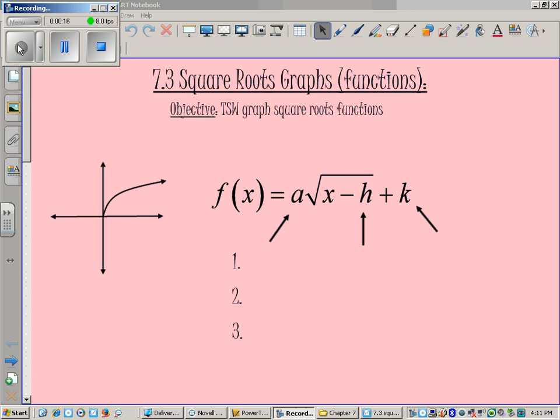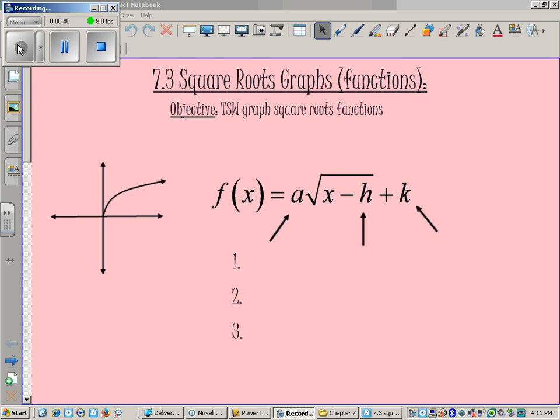And we've done lots of graphing before. We've done graphing lines, y equals mx plus b. We've graphed parabolas, right, the U-shaped. We've graphed absolute values, the V-shape. Well, now we're going to graph square roots, okay? What's nice about a square root is it has the same types of characteristics as a parabola and as an